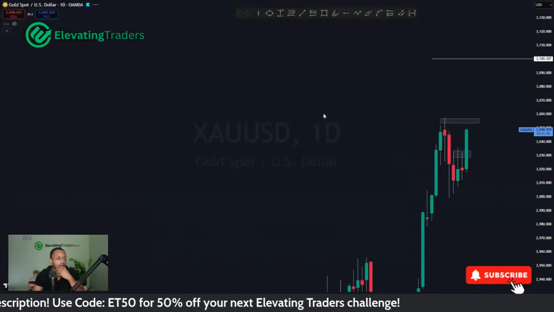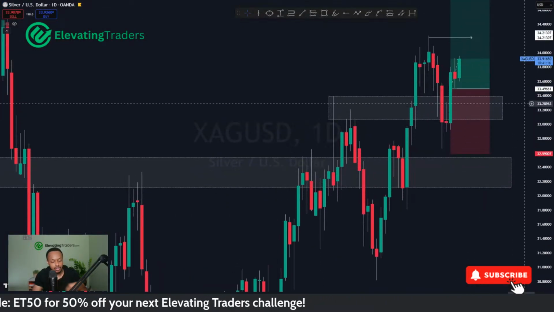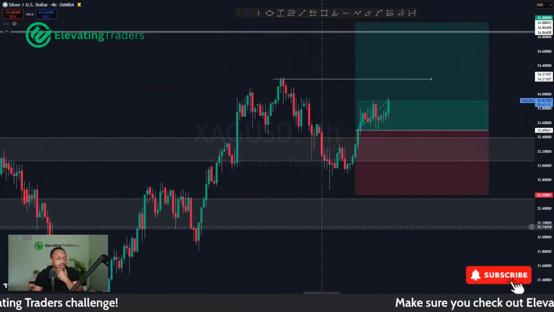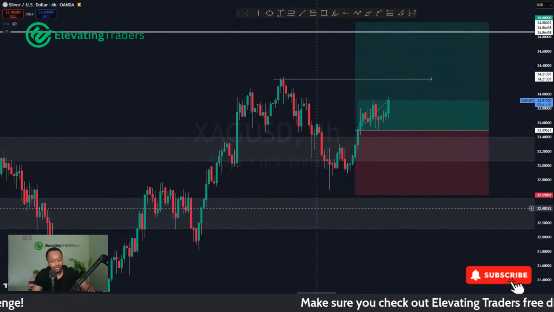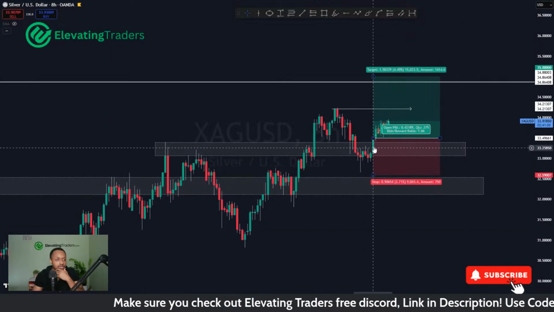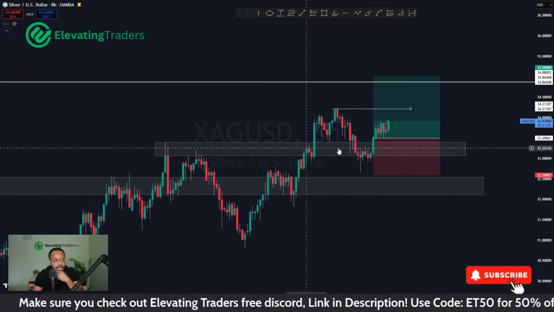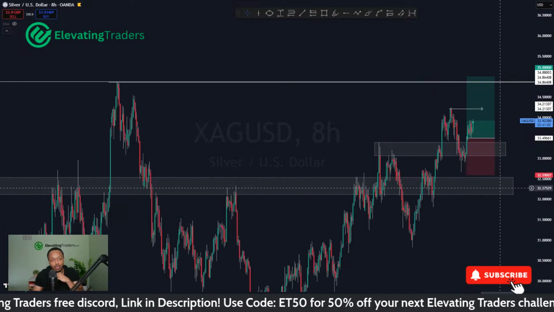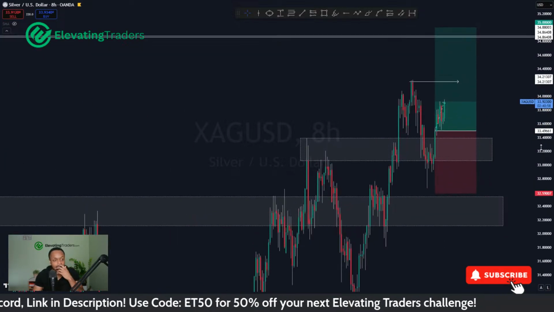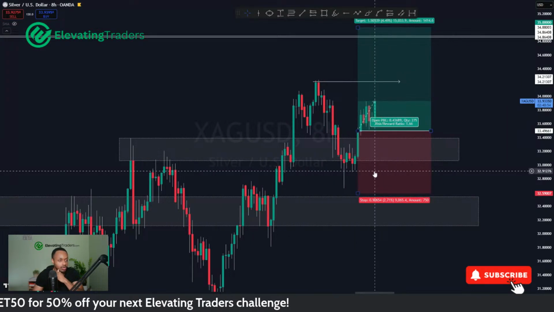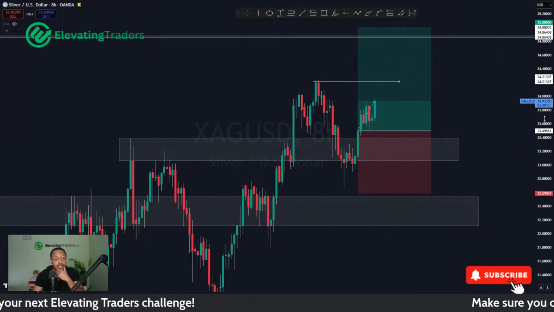In silver, I'm still currently long in this position here. This one's been a little bit slower than gold. Hopefully momentum starts to pick up. I did get into this one a little bit later. I entered on that 8-hour time frame on this candlestick here based off the break and retest of the high there. I was originally looking for silver to come in and retest 32.5, but it didn't look like it was happening, especially after all that rejection at the low. So I did hop into the trade here and am seeing how price goes.